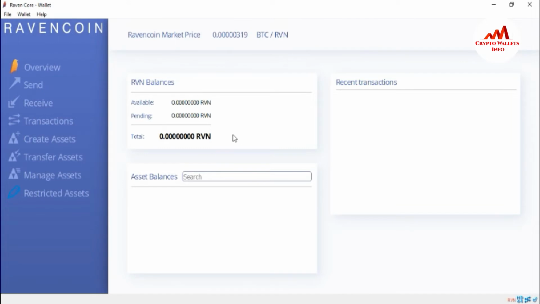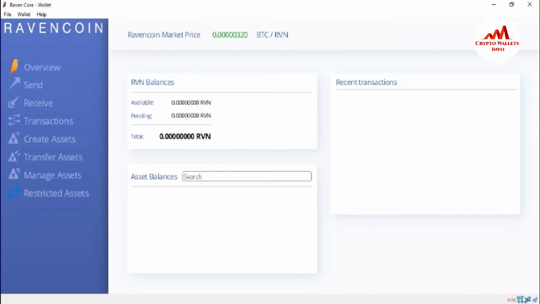You can see here the Ravencoin core wallet is open in front of me, and this time my blockchain data is fully completed. You can see here the right button shown here means my blockchain data, or my Ravencoin core wallet, is fully synchronized. If I have a balance, it is shown here, but this time I have no balance and have not made any transaction, so nothing is shown, everything is empty. But we want to encrypt it or activate a password on my Raven core wallet. So how can I do this?